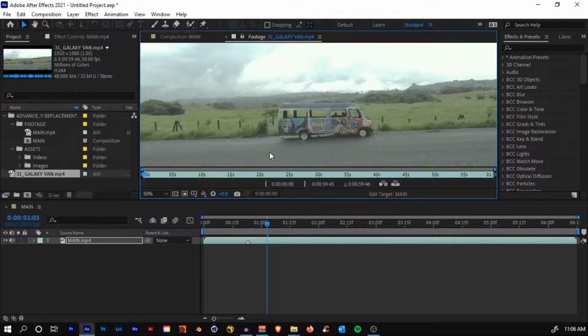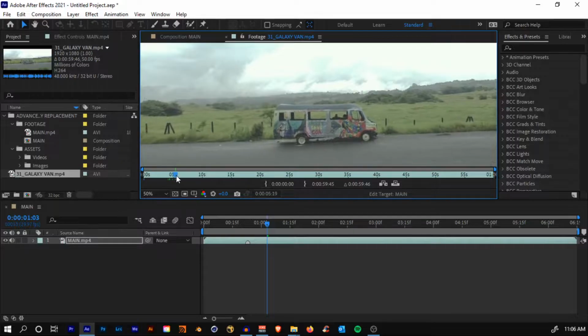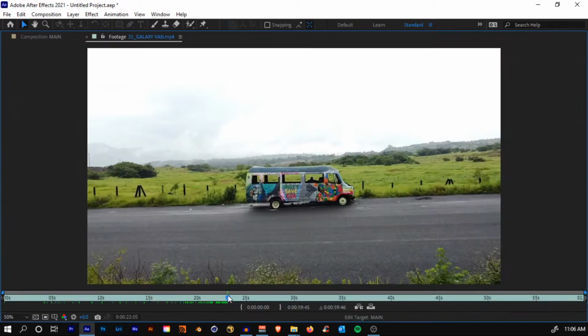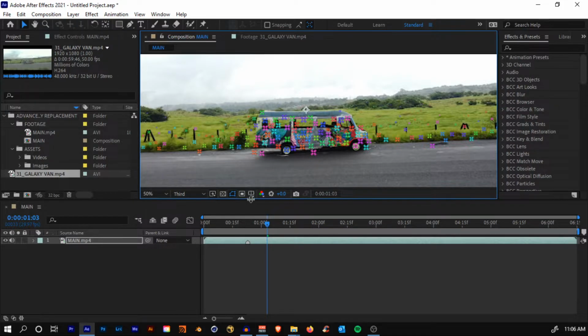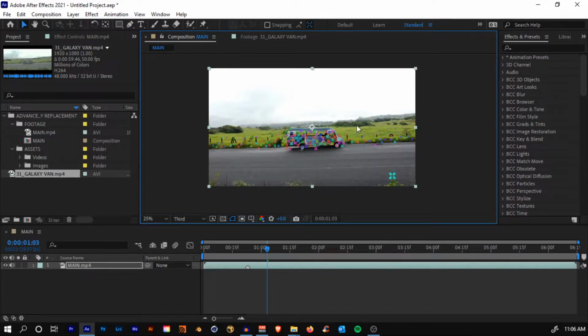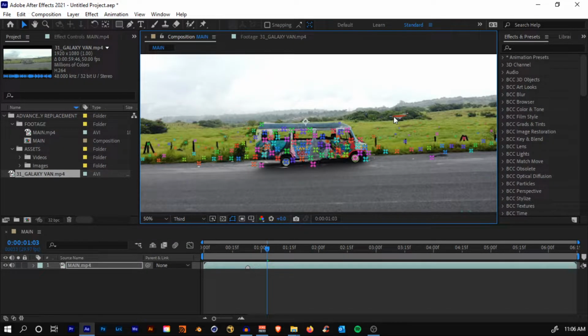Yes, so if you see, this is the footage. Right now we have done the tracking. The next thing is to replace the sky. Yes, to replace the sky we'll do that, but we need to set up the tracking points first, because later we need to attach our sky to the scene and we need to track it to the scene.